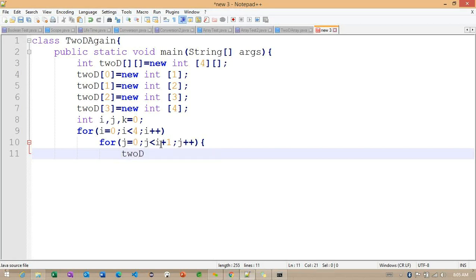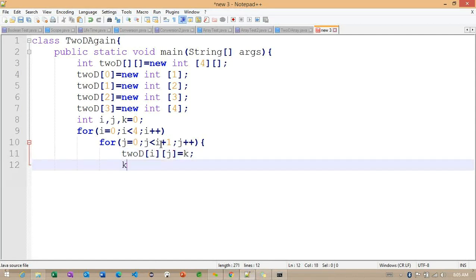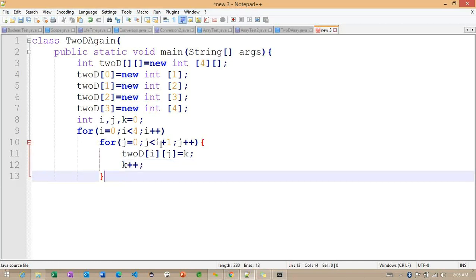We are having 2D. Inside this particular 2D, I value I'm defining. Second one, J value defining. So here j is equals to k, and we can go for the k plus plus here. But observe here how exactly it's going to create here. So basically,